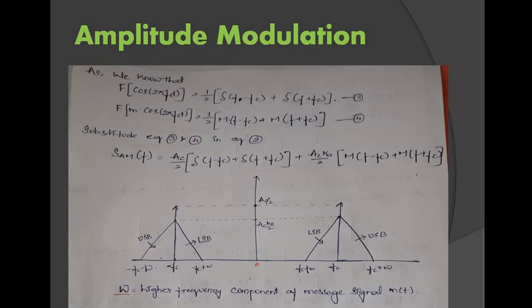Why is a completely unwanted random signal being added? Because your frequency has been doubled. Your modulating frequency omega has been completely doubled. As the spectrum has been increased, there will be unwanted noise signals added to your modulated signal. So that's the reason you will be having noise reception in this one. That is a drawback.